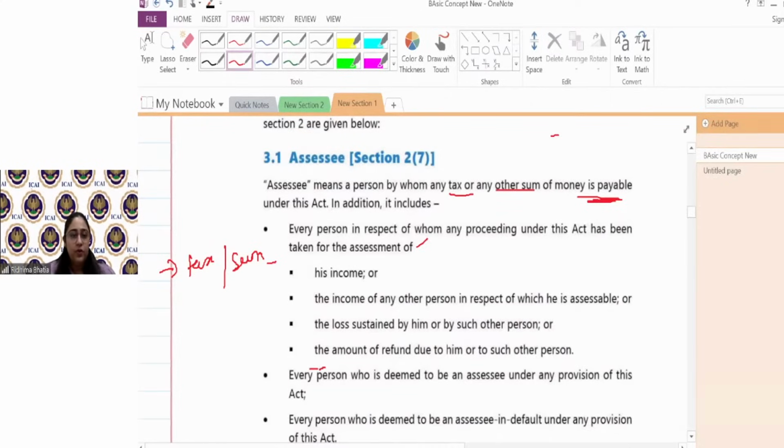Acha, one more thing before we go to the definitions. Definition for the entire act, and generally in all acts, not only income tax act, बाकी acts में भी definition is always part of section 2. अगर कोई definition section 2 में लिखा हुआ है, that definition is applicable for the entire act unless specifically excluded. मतलब अगर assessee का मतलब section 2 में दिया हुआ है, that meaning is applicable everywhere the word assessee is coming under the act. जहां जहां assessee word आ रहा है, वहां वहां ये definition applicable है until and unless वहां पे कोई और specific definition दी हुई है. Okay, तो section 2 की definition applies for the entire act.